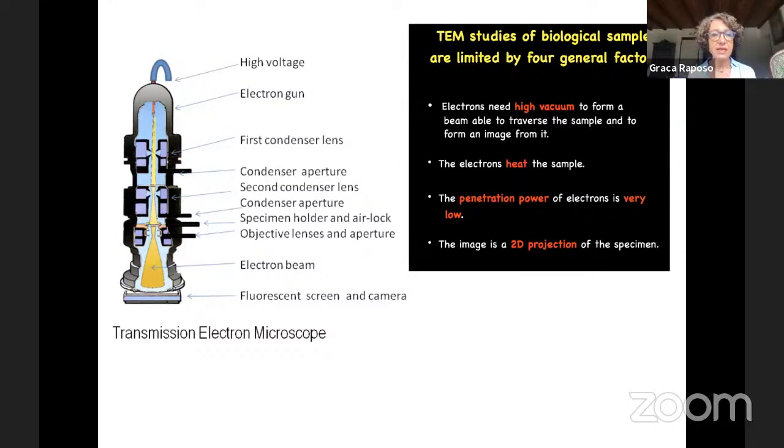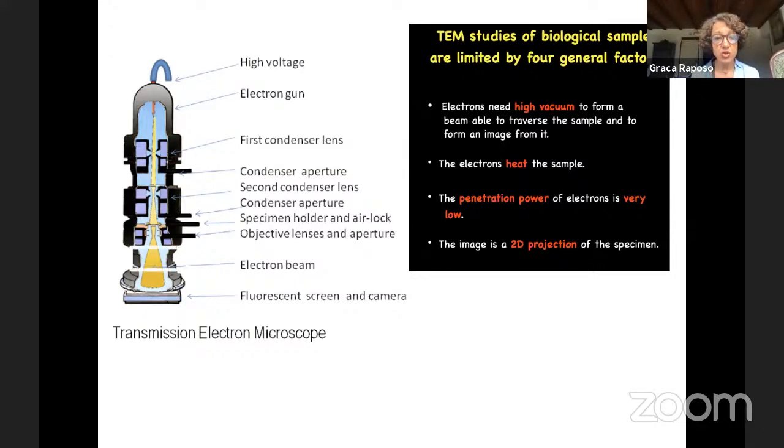So this is just a principle that you have had already, but this is just to show you very basically how a microscope is built. First, you have a source of electrons with a high voltage. So you have a filament, which is either a filament of tungsten, or we use some cathodes that are long-lived because it's easier to align the microscopes. And then you have the vacuum. So these electrons are accelerated in the vacuum. Then you have different lenses, and you have the electron beam, and the image is made on this fluorescent screen